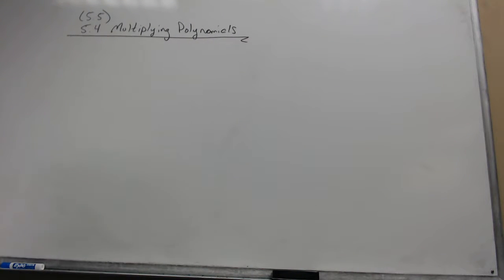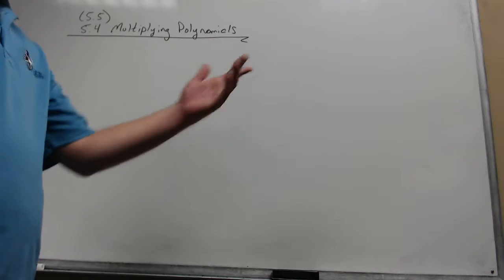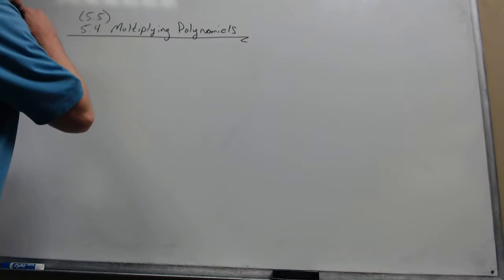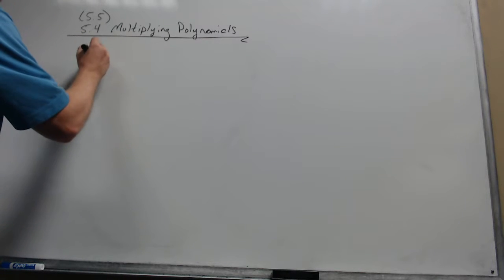Okay, let's explore this foiling process we just saw a little more in depth and look at a couple different examples. We saw 2 examples of foiling already. 5.5 is really called special cases of multiplication of polynomials. There's nothing too special about it, but we're still going to end up foiling. So a couple more examples, something that looks like,